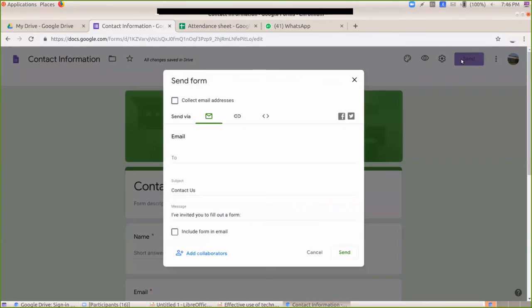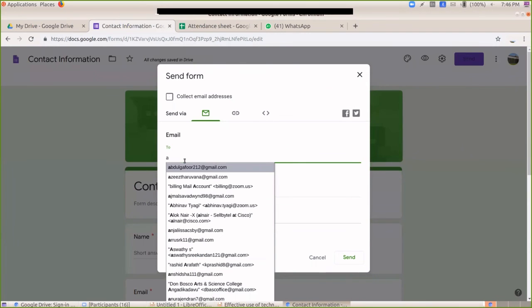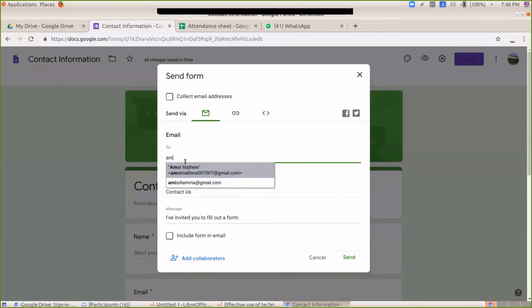Now I'm going to send this form. So I'm sending to Madam Abdul. So here there is an option, include form in email.